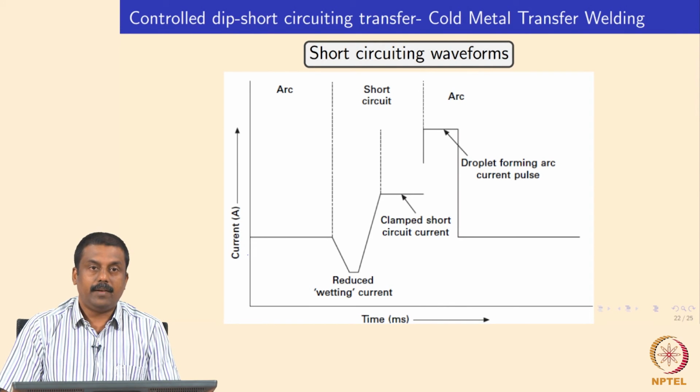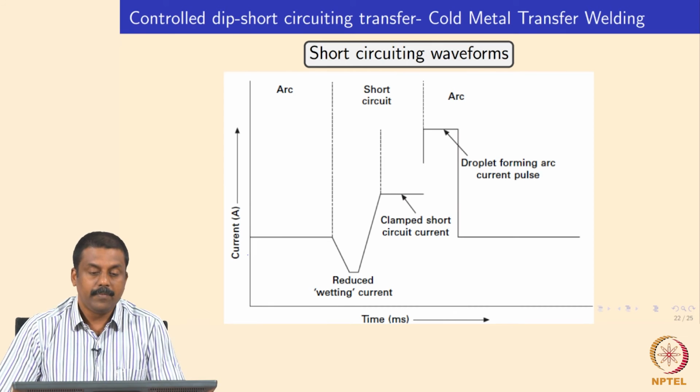So we have metal transferred primarily by a short circuiting process. During this short circuiting we either reduce the current or voltage to a very low level, so that when the droplet transfers from the tip to the workpiece, it transfers without the influence of the arc. So the heat input of this process decreases very significantly compared to the conventional GMAW or even the pulse GMAW, and the waveform is slightly complex, and this process is achieved by controlling the waveforms as shown in